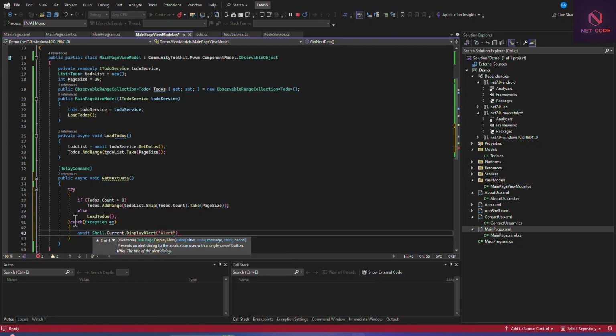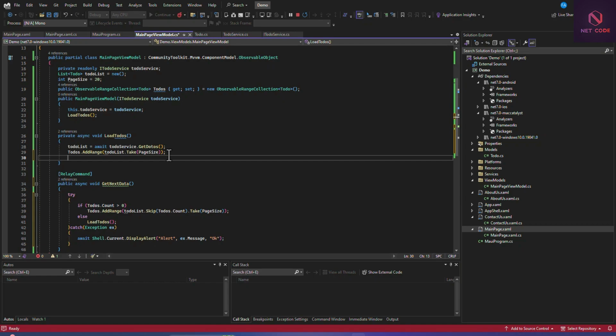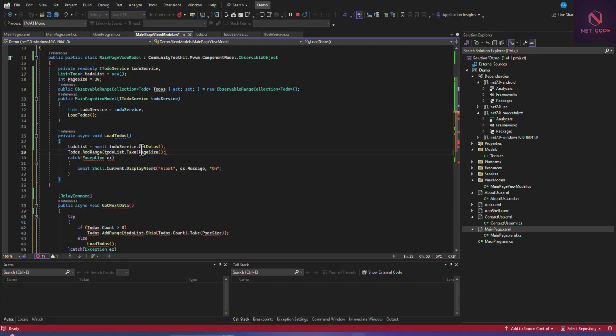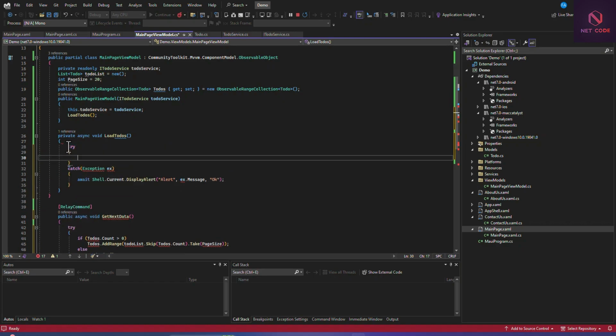Then you're going to say ex.Message, then OK button. So we can do the same to the first one here. In case we have any exception too, we can just handle that too, because it's very nice to handle exceptions, and it is very important too. So try and catch.